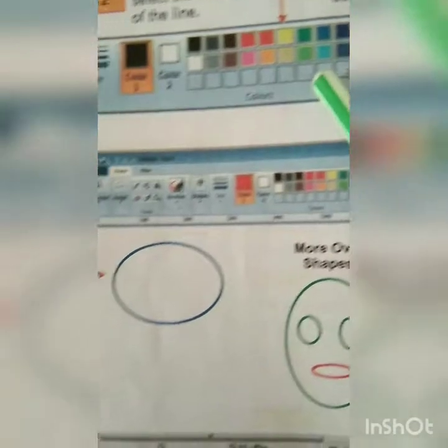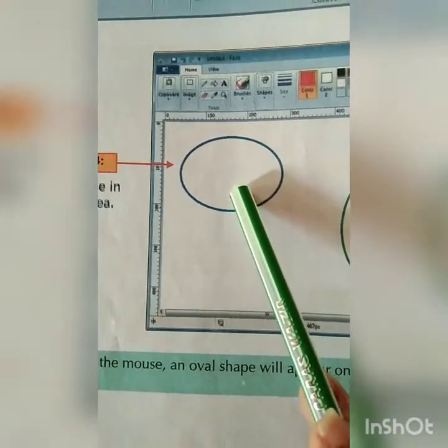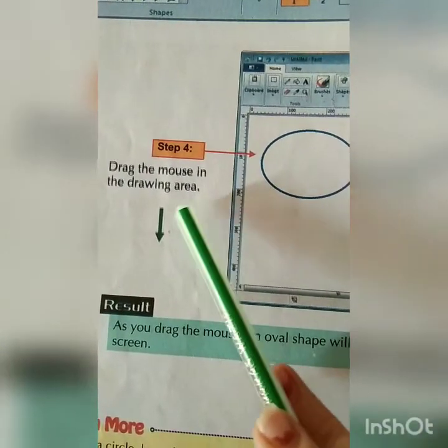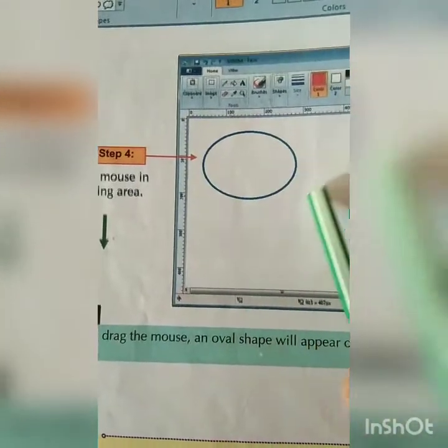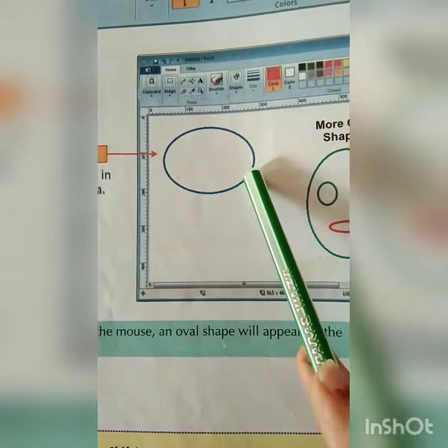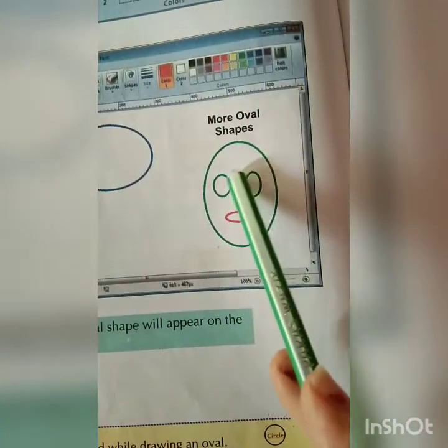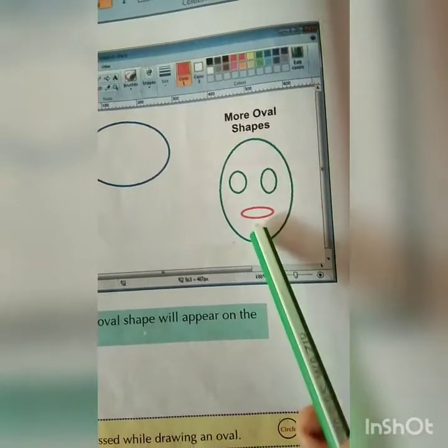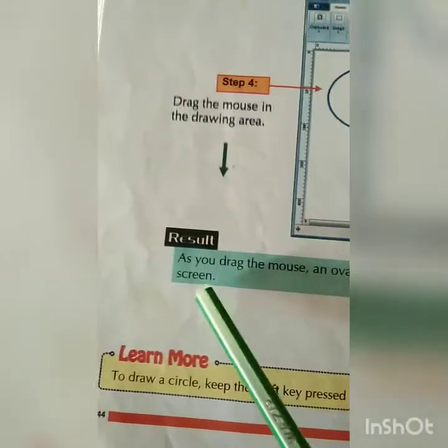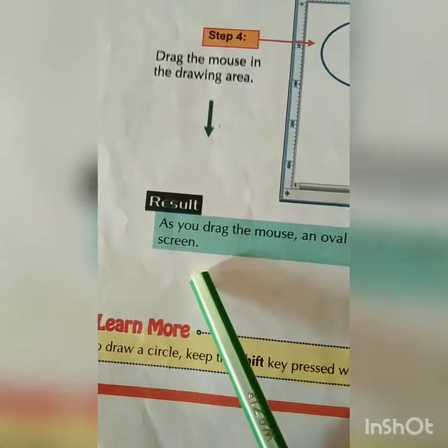In the drawing area, when you click with the mouse and drag, the shape of an oval appears, and you can make it bigger. So this is the oval shape, and you can make your own shape of an oval this way, and you can make pictures also. As you drag the mouse, an oval shape will appear on the screen.